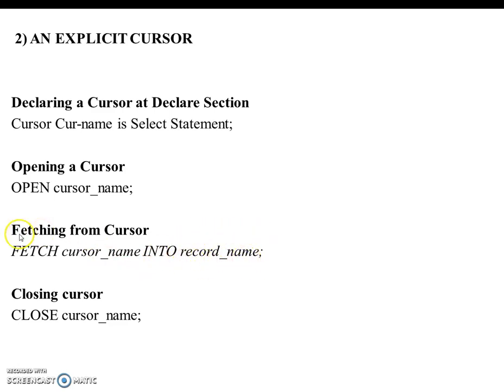So this is the task of fetching a cursor by using the cursor name along with the variable name. Next, after finishing the task, we have to close the cursor by the statement CLOSE cursor name. All of these things must be performed in order to run explicit cursor programs, and they are not required for an implicit cursor.